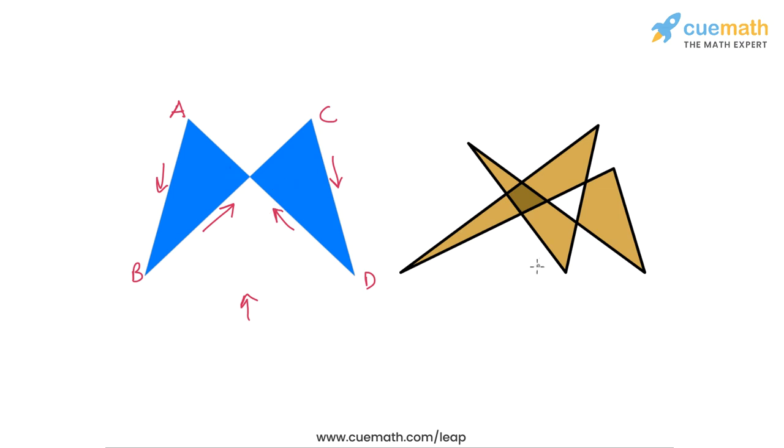Similarly, if you look at the figure on the right, let's label the vertices. So we have A, let's call this B, then we go here to C, then we come here to D, then we go along this edge to E, and finally we come here to F and then back to A. So the sides cross each other. So this is a crossed hexagon. This is not a simple hexagon. This is a crossed hexagon.